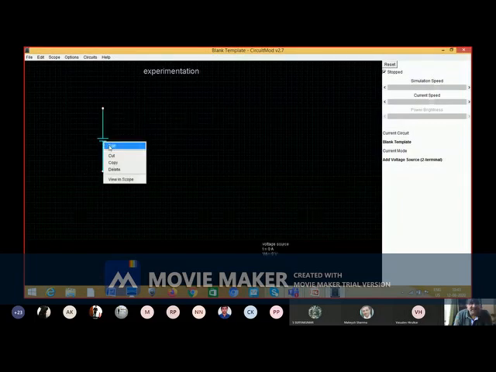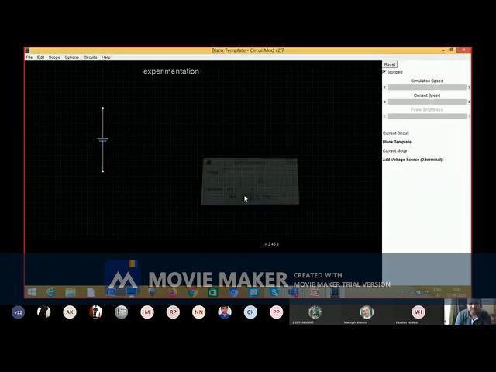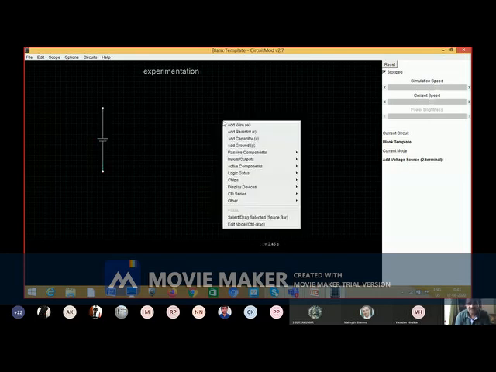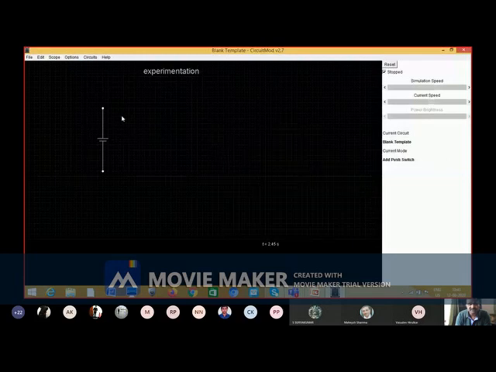And suppose the voltage I want is 5 volt. It is by default 5 volt DC, and AC, triangular, square, etc. can be selected. Okay, so 5 volt. Then I want to add some switch. So go to the passive component part and here you will find inductor, switch, push switch, etc. So I will just take a push switch.